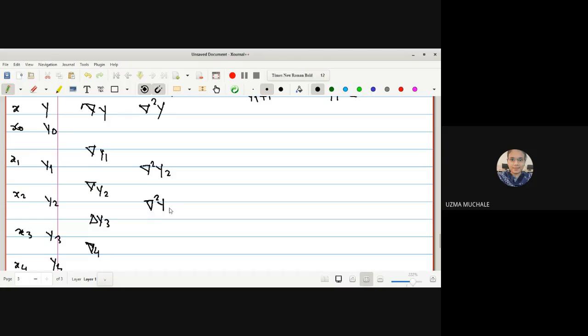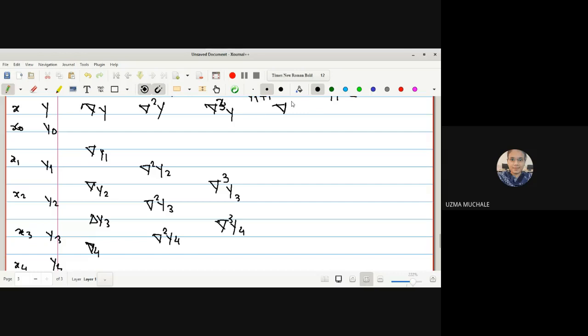This is the second order backward difference operator y3. Second order backward difference operator y4. So here the initial values are eliminated, that is, the end values were eliminated as we increase the order of the differences. This is the cube. The difference between these two is nothing but the next one, y2. And here simply y3. And the difference between these two is delta cube y4.